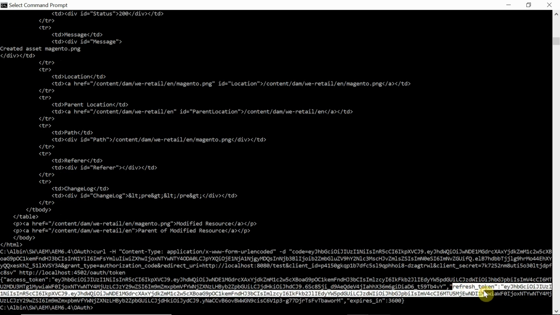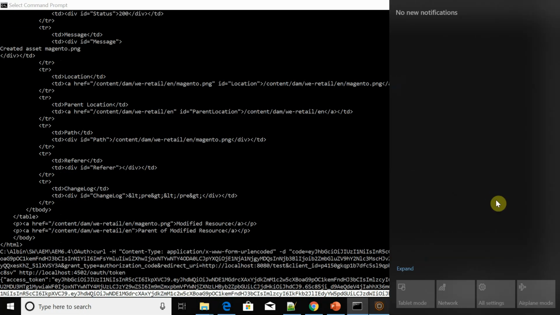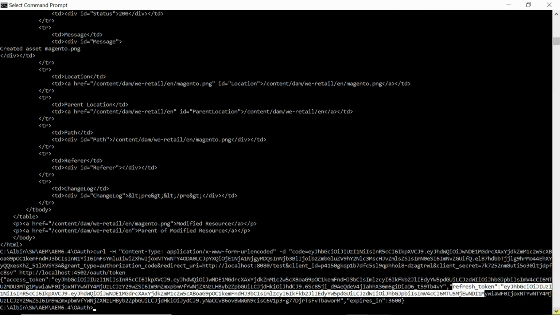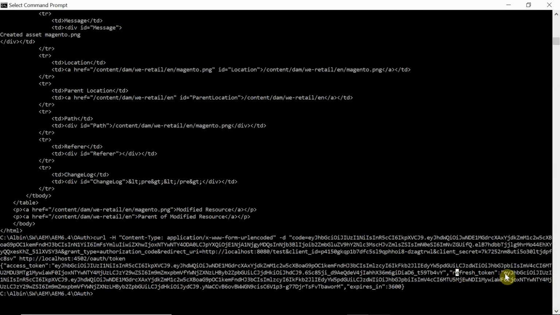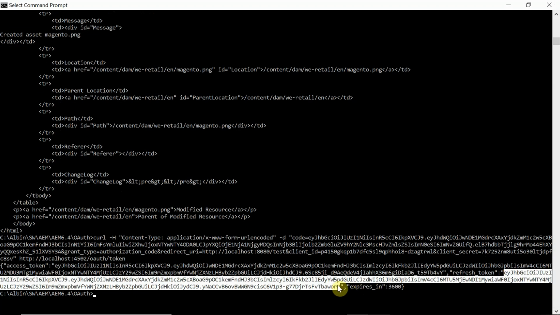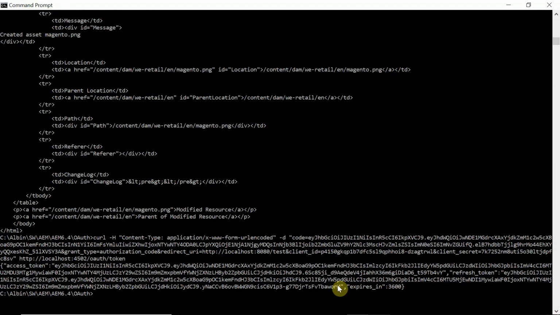The access token you can use as such, but anyway I am going to ignore this access token. The first time you can use the access token, then going forward to get the access token you can use this refresh token. In the first scenario I am ignoring it because we are already seeing that. So I am going to use this refresh token, and through this I will get the access token. The refresh token is not going to expire, but the access token expires in some time. The refresh token is valid for a long time. So using the refresh token, without resource owner intervention, you will be able to get the access token.